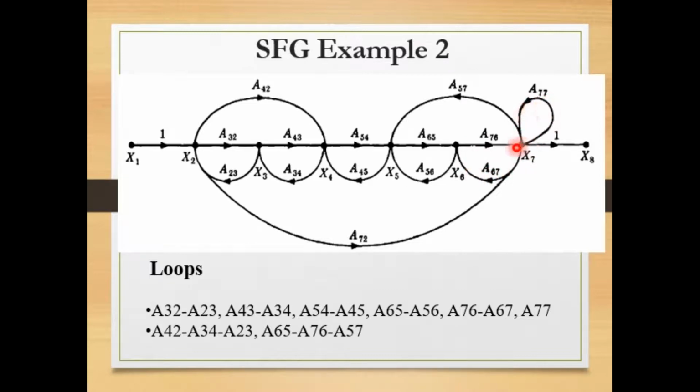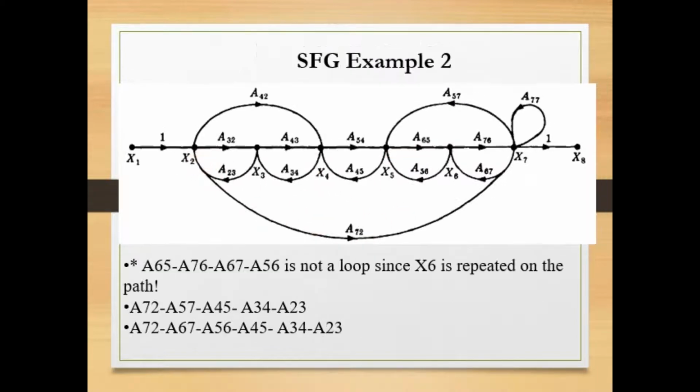Other than that, we have one more loop. Here it goes like this, that is A72, A67, A56, A45, A34, A23, that is back to this. So this is one more loop. We have the next loop as A72. Here the loop gain is A72,